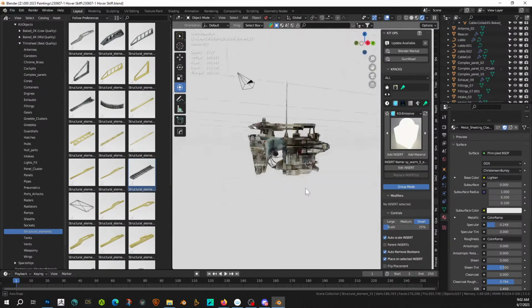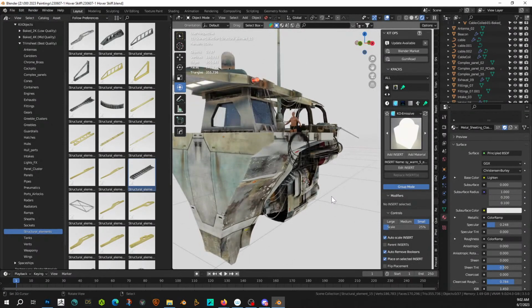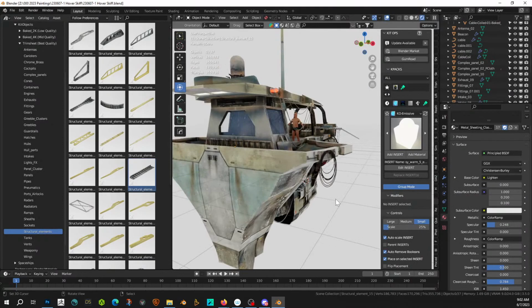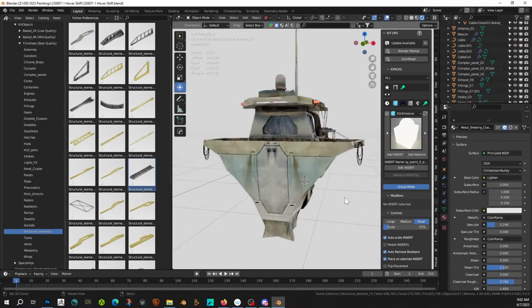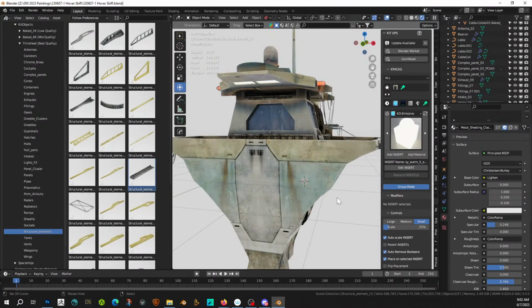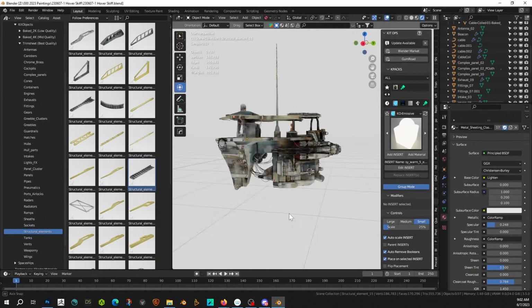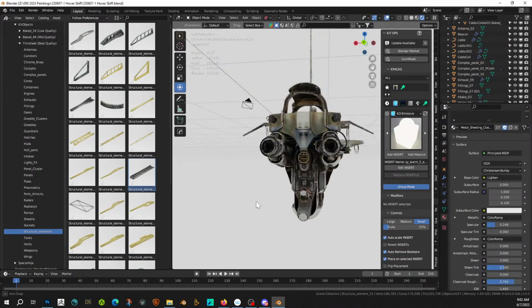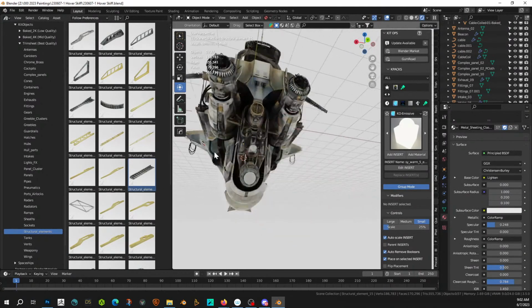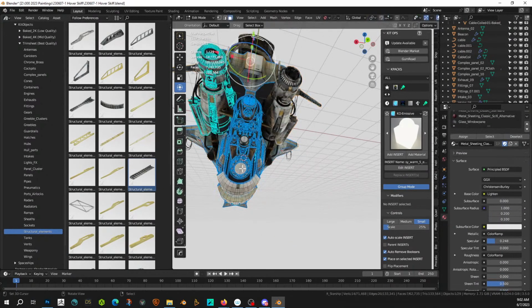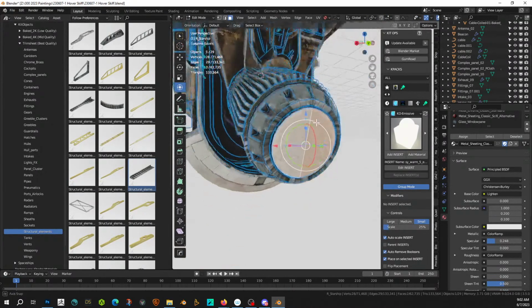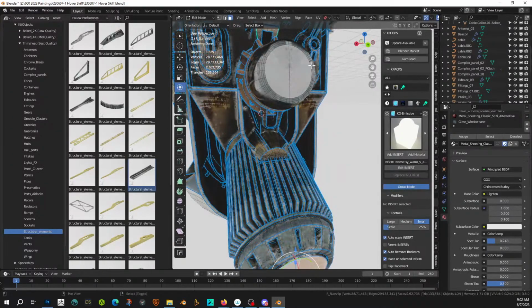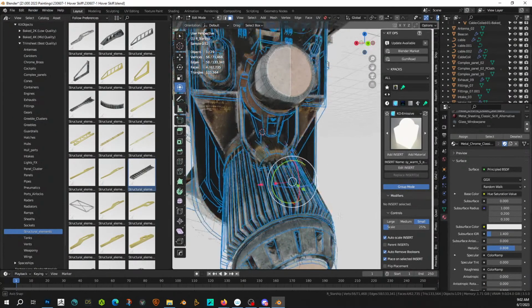I'm thinking this ship is about done. There's a few more little things I will probably do before I post it. I think I'm gonna give it some headlights. And then obviously we have to give it a world and a crew. But let's just fix this while I'm thinking about it, because I said I was gonna do this before and then I didn't. Let's take this and this and